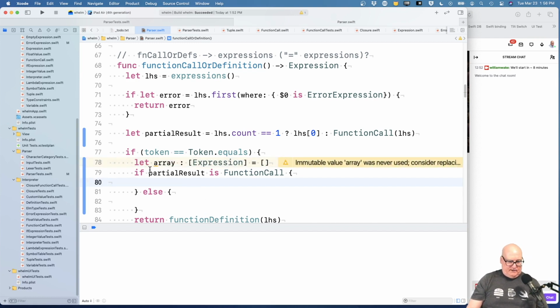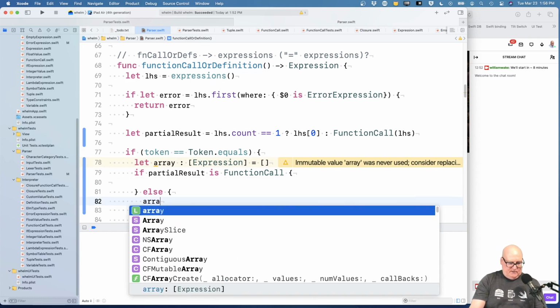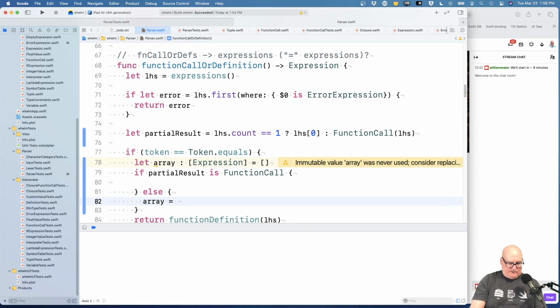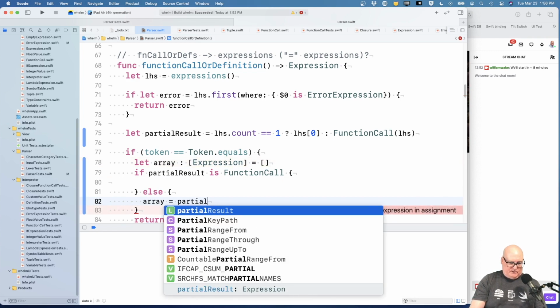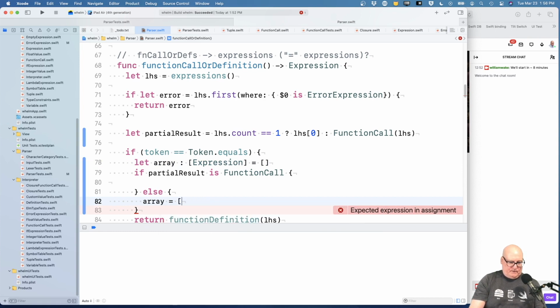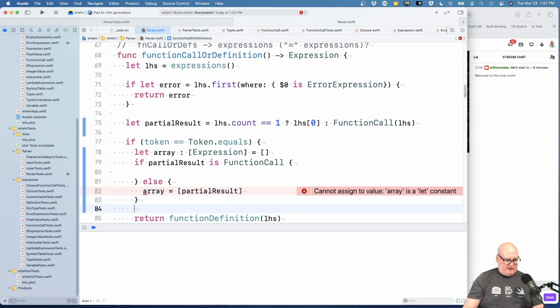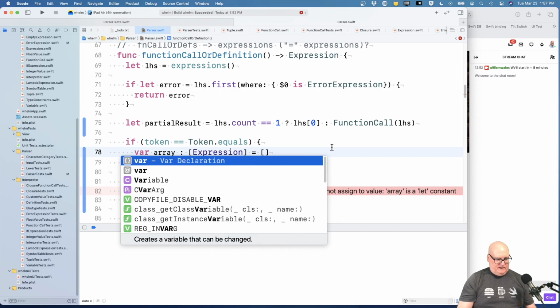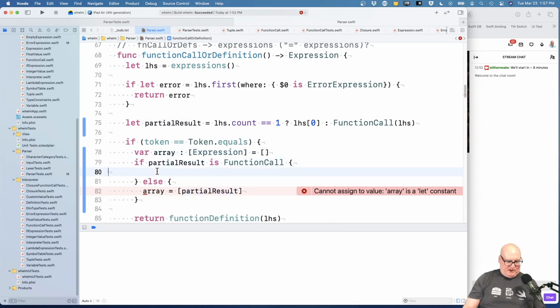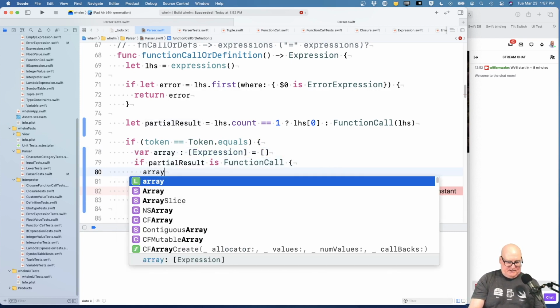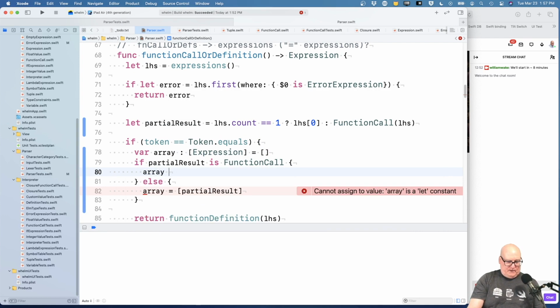Okay, now I don't know if I can assign it as an array. Well, let's try this. Array equals partial result. If there's only one item, then the array equals that. Okay, I got to make it a var. I wondered if it would notice that both branches are going to do the same assignment. Otherwise, array equals, well,